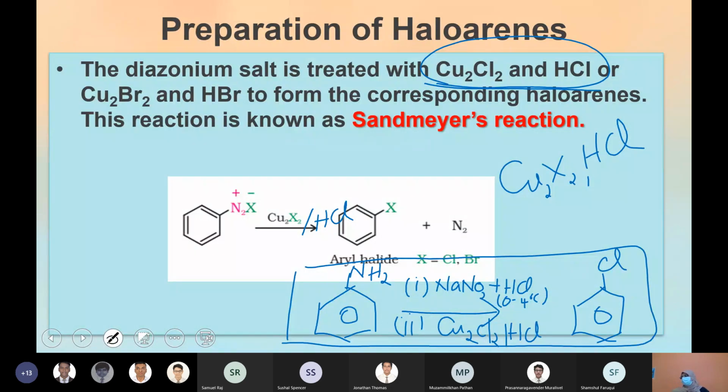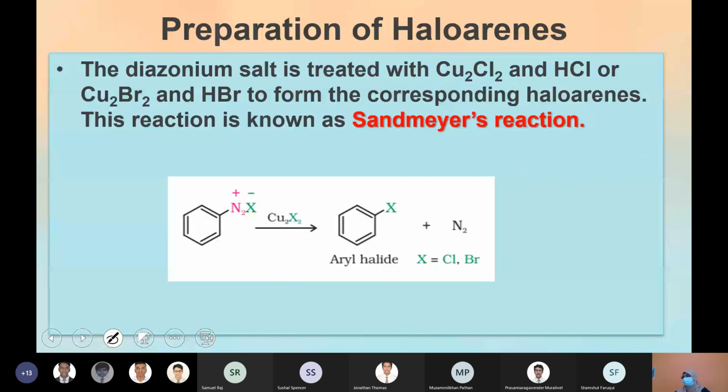So diazotization is a different topic that you're learning in the chapter on amines, because from that diazonium compound you can prepare so many other compounds. Only one method is Sandmeyer's, where you're getting halo compounds. Now the final one will have N2 as a product. Only you will write the starting and the final product. No need to show the diazonium if you're showing both the reagents on the arrow. Only the main product.